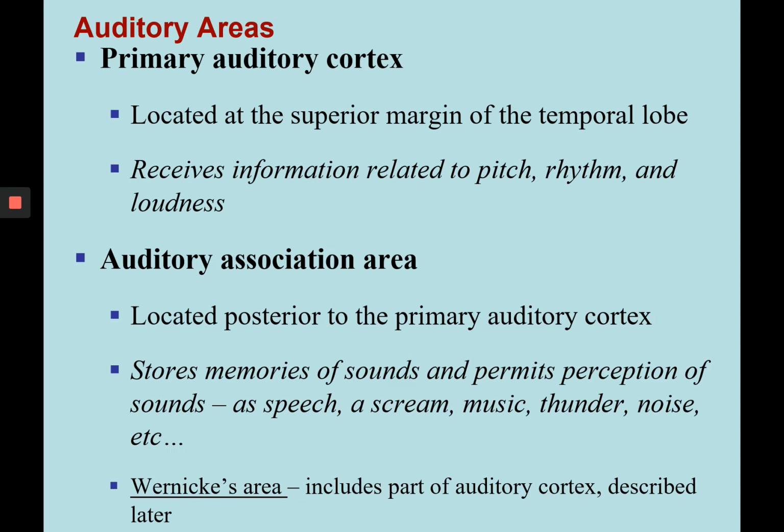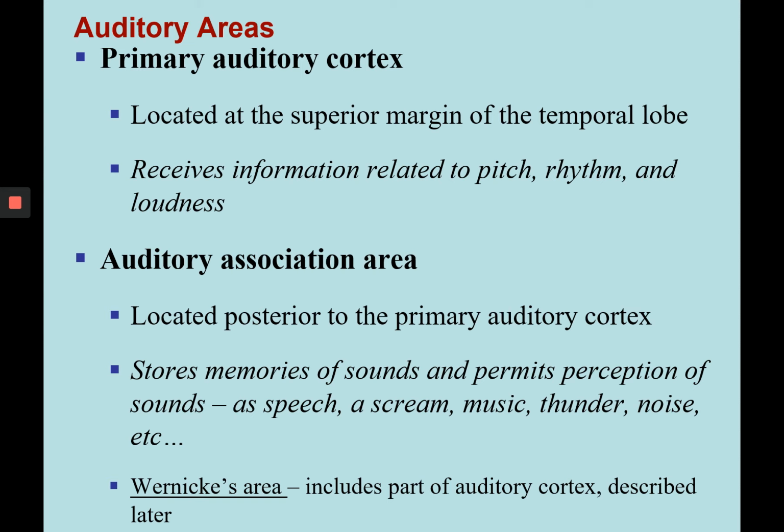Next, let's look at our auditory areas. We have the primary auditory cortex, so that's how we're getting raw data. And we have the auditory association area, and that's how we're doing our integration. So the primary auditory cortex is located on the superior margin of the temporal lobe. So think temporal lobe near your temple or near your ear. So it makes sense that this is an area that is